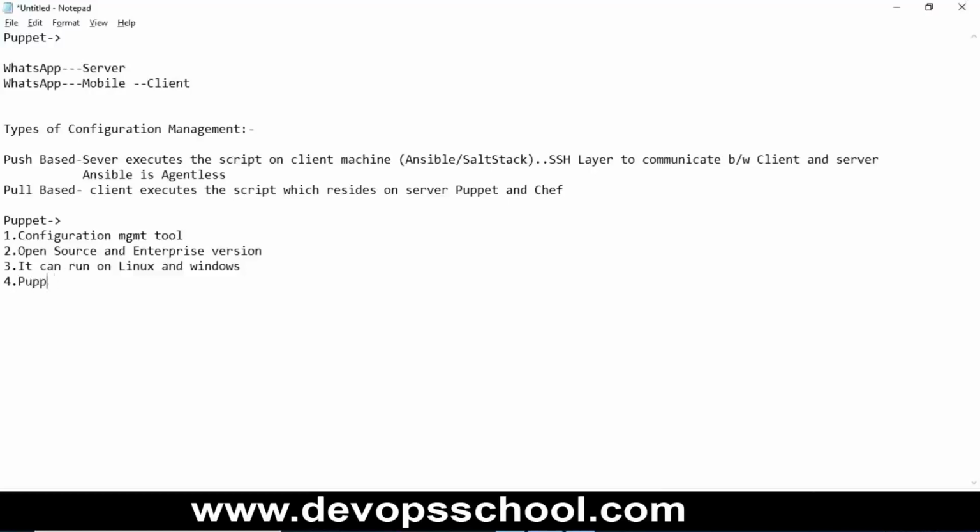So Puppet is produced by Puppet Labs, and it was basically founded in 2005 by Luke Kanies in 2005, and it is written in Ruby language. So Ruby is a programming language,